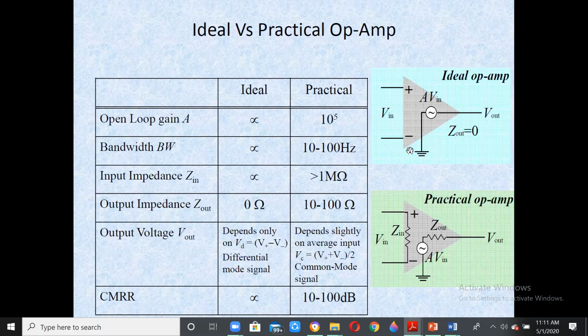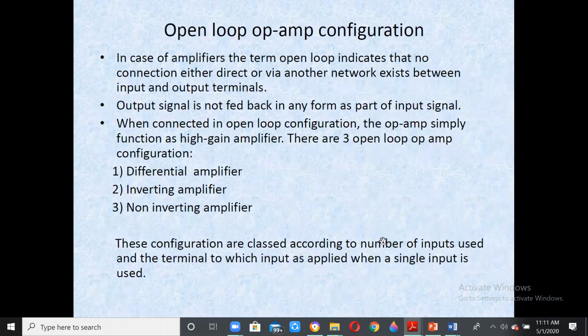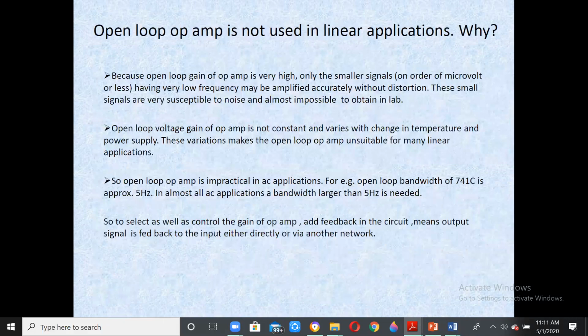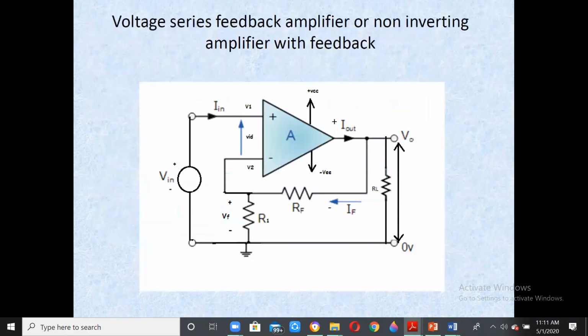The equivalent circuits are sometimes written like this also, in the case of the ideal op-amp or the practical op-amp. In the ideal one, you have A V in only, with no input resistance and no output resistance, whereas those two are included in a practical op-amp circuit. So we'll stop at this for the time being. If you have any doubts, again we'll